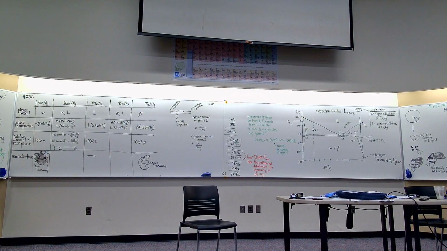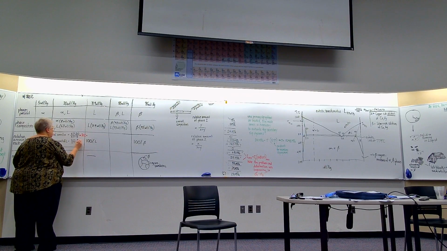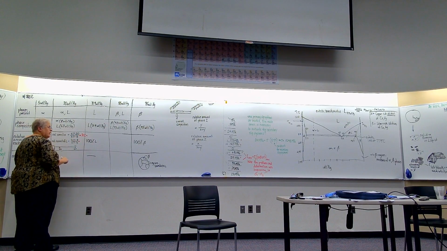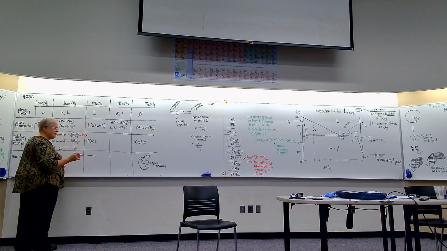So what's 47 over 59? Almost 5/6. That can't be that big. 87? Might be closer to 80. Yeah, 80%. Then you could just solve for alpha and take 100 minus that to get the relative amount of liquid. I always write the equation for both in case I make a mistake.